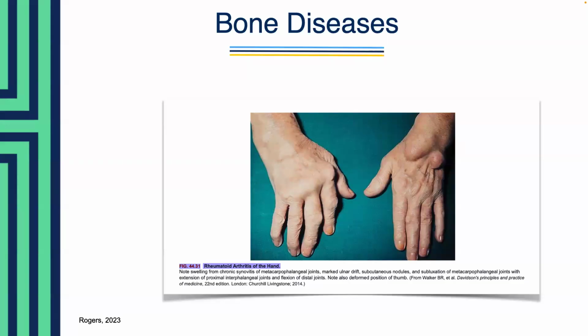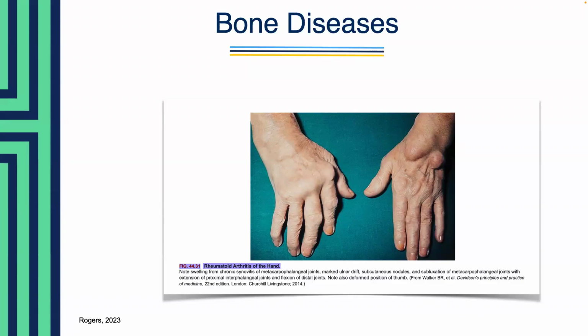The cytokine that is primarily involved in driving this inflammation within the joints in rheumatoid arthritis is TNF-alpha, or tumor necrosis factor alpha. TNF-alpha plays a central role in the inflammatory process and the joint destruction. So the immune cells that play the key role in the pathophysiology of RA are those T cells, B cells, and the macrophages. And these cells infiltrate the synovial membrane, leading to that inflammation and that pannus formation and subsequently the joint damage.